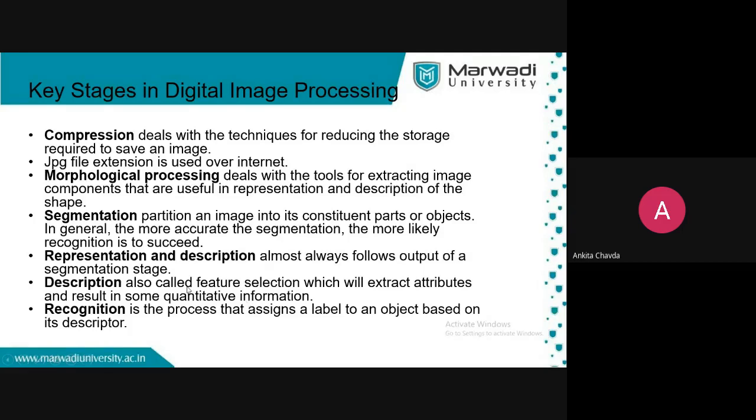That if the shape is like this, if the color is like this, then the object should be like this. Based on this quantitative information, recognition will be done. So recognition is the process that assigns a label to an object based on its descriptor, whatever description you have given. If you are saying that if the shape is something like this, then it is known as a kite, so it will recognize it as a kite, right? Whatever you are describing, that is the recognition. Okay,